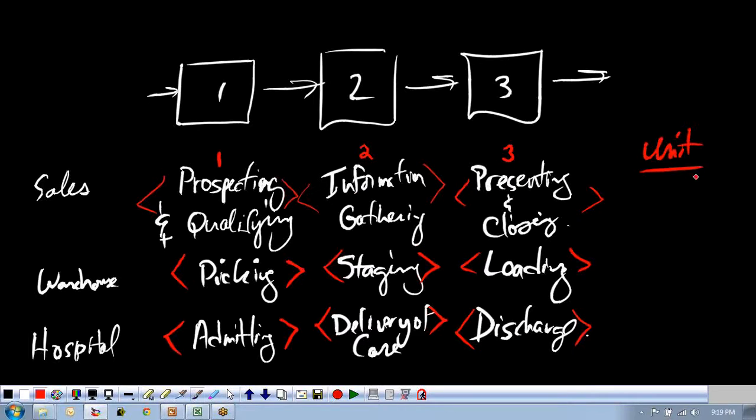Well, the sales one is a little bit difficult, but maybe it's a potential customer that's going through this one. That one's probably the most difficult to think about the entity. For warehouse, it's maybe a pallet of goods. I never remember whether it's 2 L's or 2 T's. We'll spell it like that. A hospital, it would be a patient,